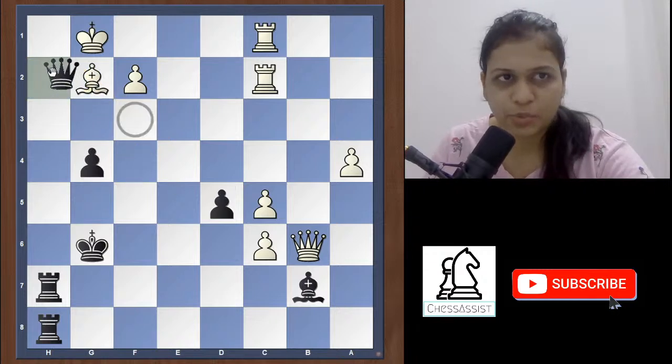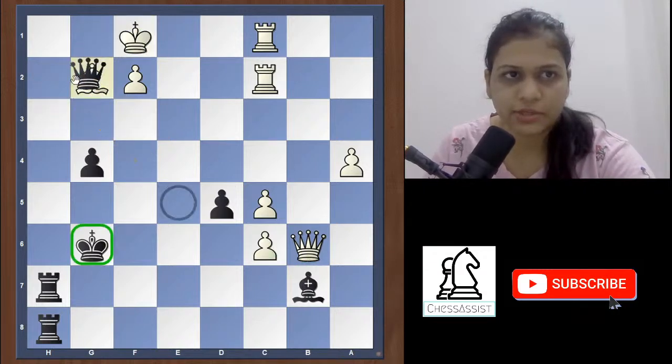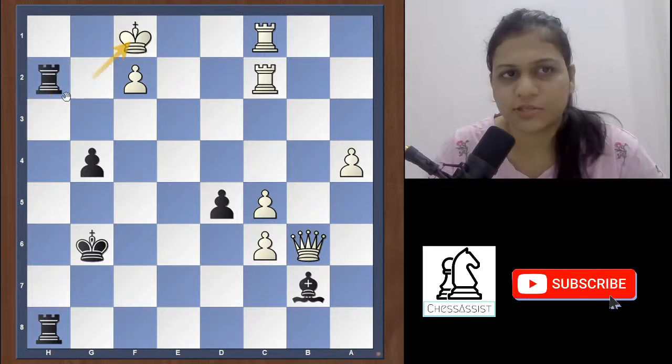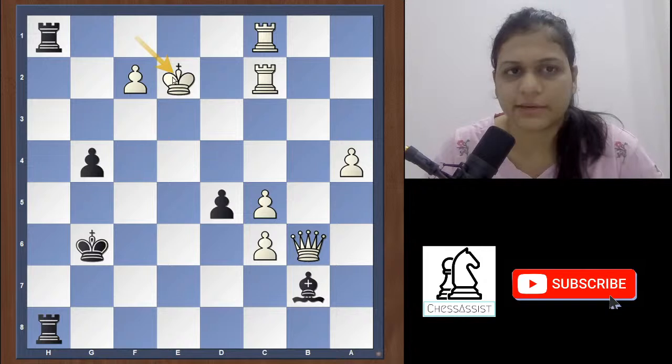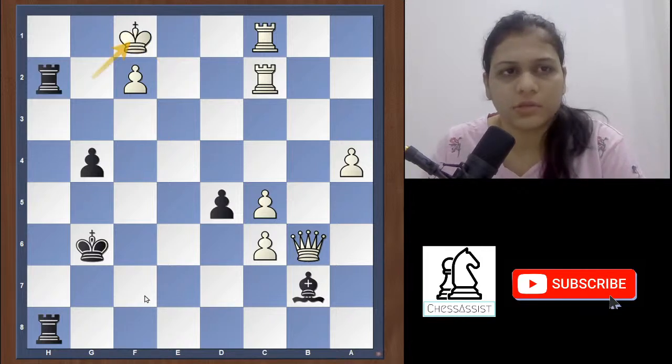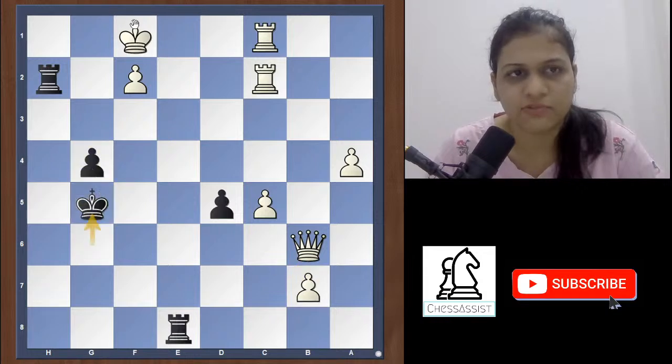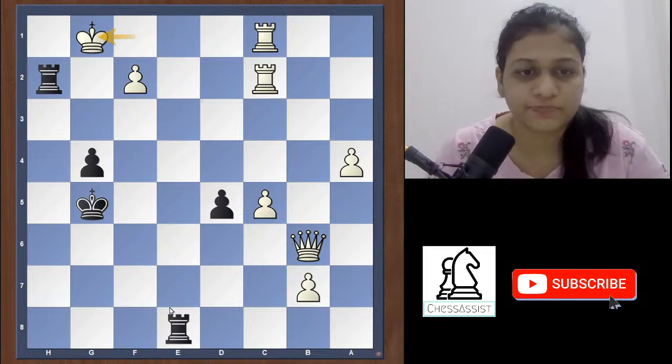So you're suggesting queen h2, king moves here, and then you want to take here. Okay, but I can take here, rook h2, I can just play this move again. And then if you go here, I'll escape with king e2. And you might want to play this move, but the problem is that I can take here, give a check, king moves, and then I can play this move again. So it's not really winning,